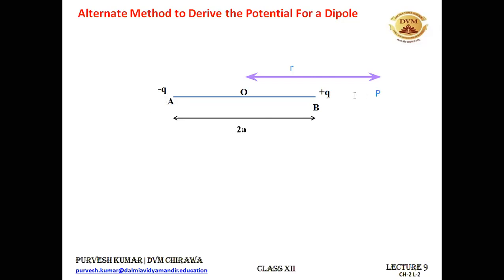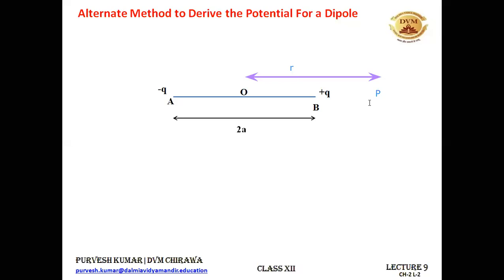So what is this distance? Can anyone tell me what is the distance between the point B and point P? Because the plus Q charge is lying at point B. So we need to know this distance in order to find the electric potential, that is kq upon r. So that r we need to know. Please tell me, or write in the chat box, or either say it loud. Okay, Nivedita wants to say. So what's the distance, Nivedita, once again? It is r minus a.